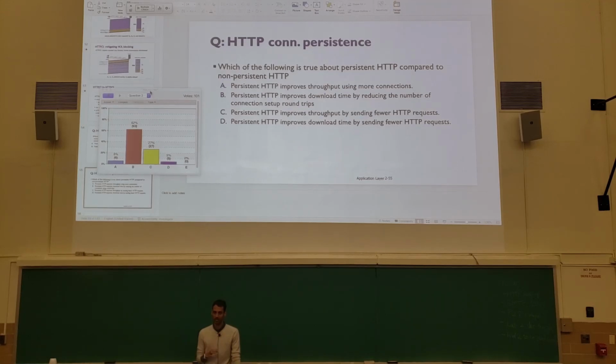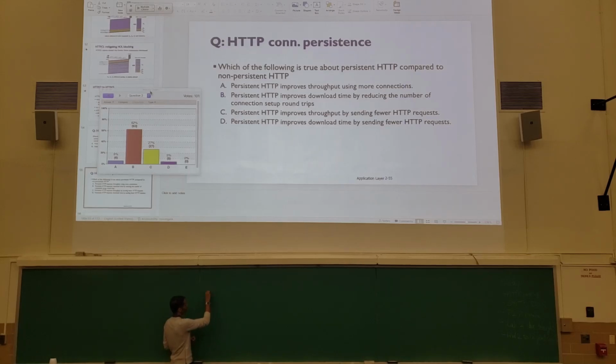Persistence and pipelining, however, are slightly different concepts. Okay, so let's take a moment to understand the distinction in between. You can have one without the other. Okay, persistence just refers to keeping a TCP connection open. Pipelining is about being able to send multiple outstanding requests. So if you had, let's say,